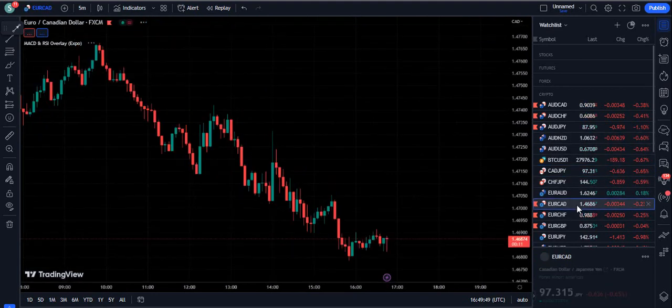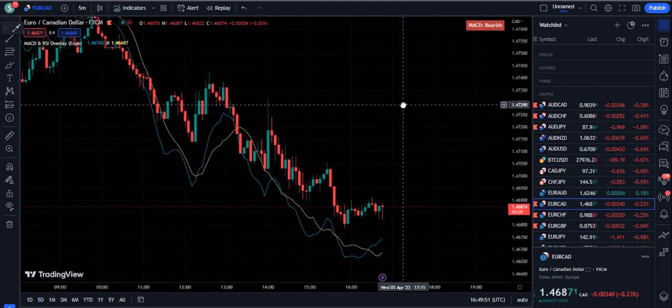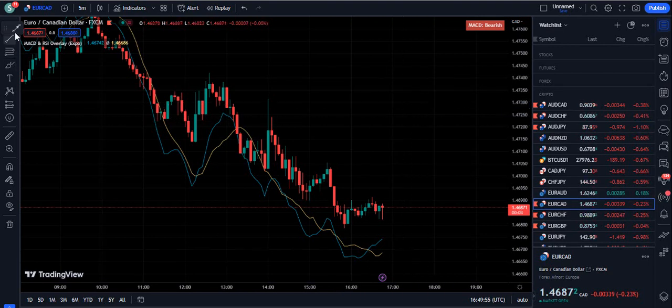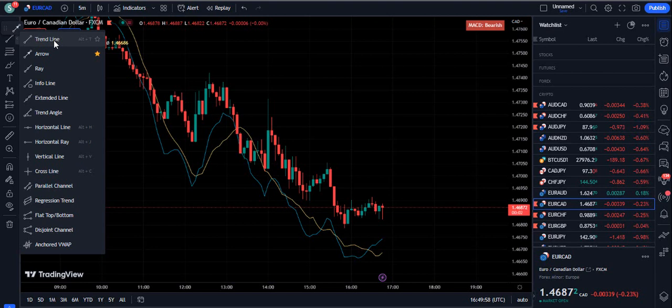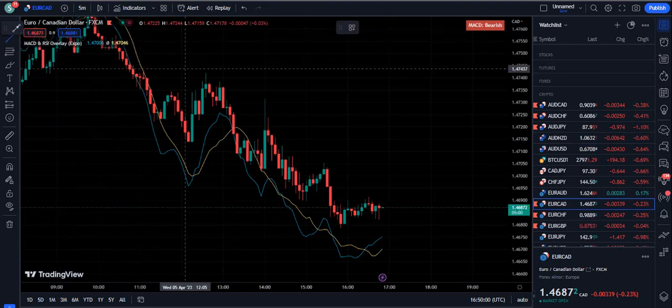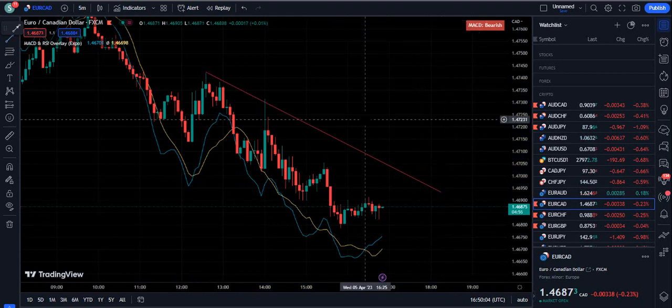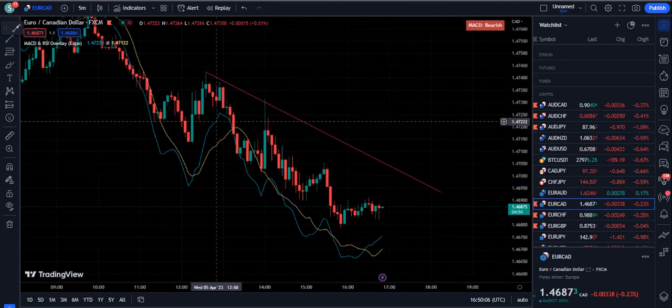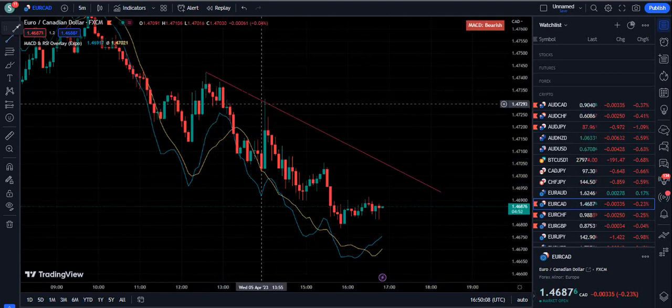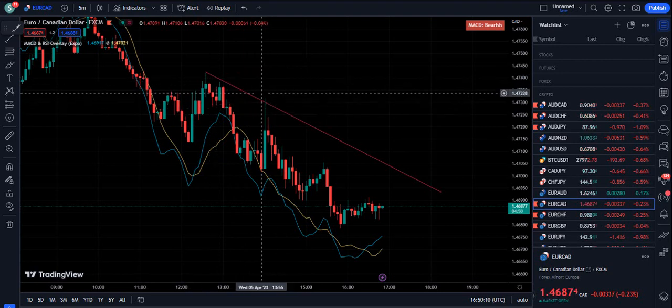Okay, now we will talk about the entry rules of this indicator. So guys, how to use this one is quite important. Okay, first of all, on any chart you will make a trend line like this, to see what's going on. If I make the trend line, the basic rule of the trend line, like I have explained in my previous videos, is that you need to combine at least two parts,